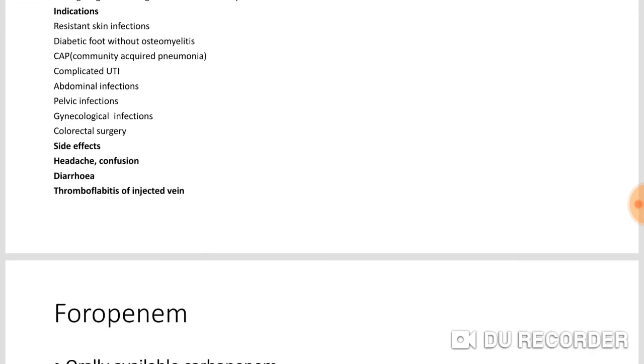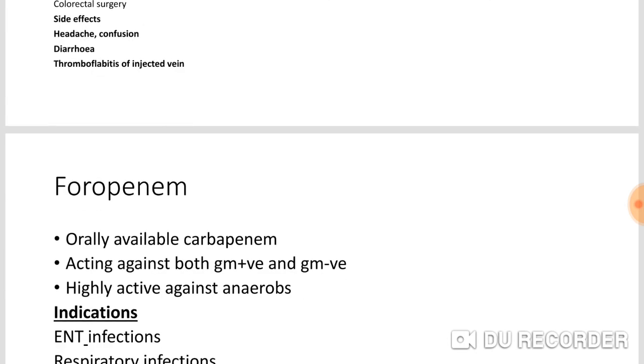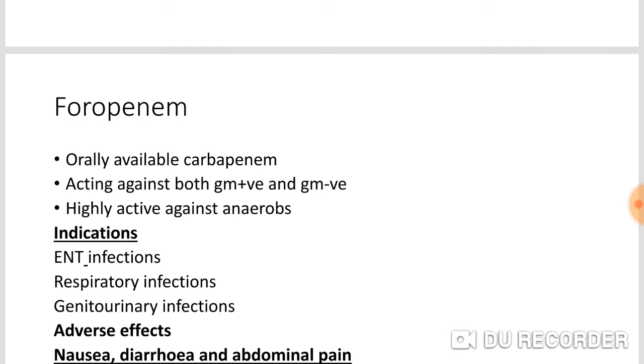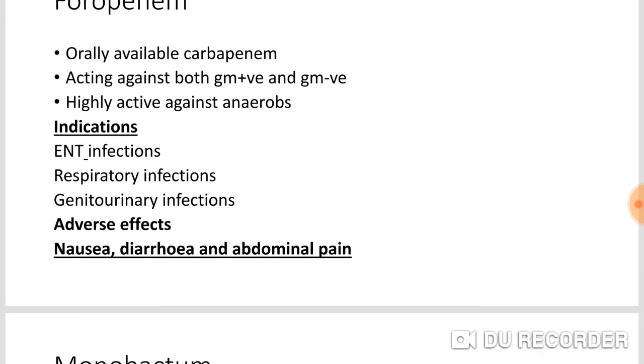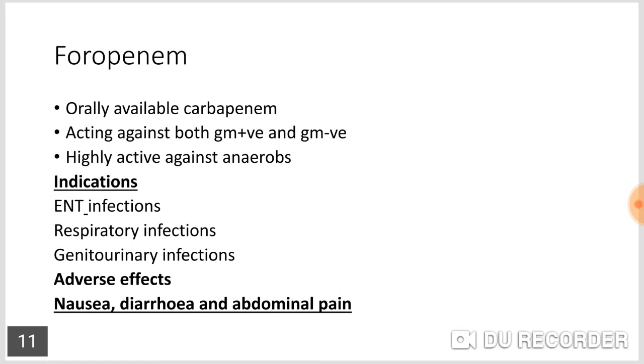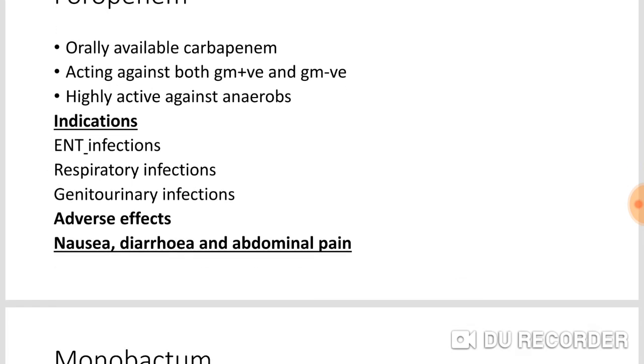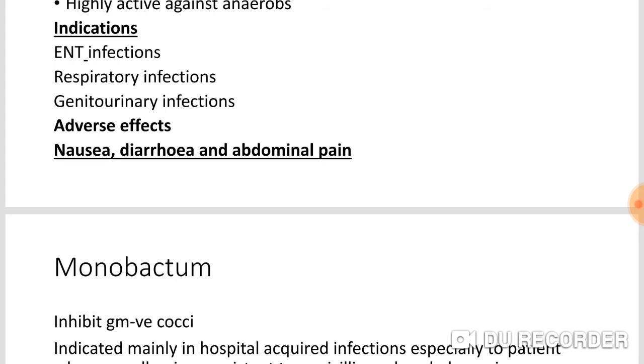Next drug is foropenem. The special feature of foropenem is that it is the only carbapenem which is available for oral use. It acts against gram-positive and gram-negative bacteria, and is highly active against anaerobes. It is indicated in ear, nose and throat infections, respiratory tract infections, genitourinary infections, and adverse effects of foropenem are nausea, diarrhea and abdominal pain. Then the other newer group of beta-lactam antibiotics is